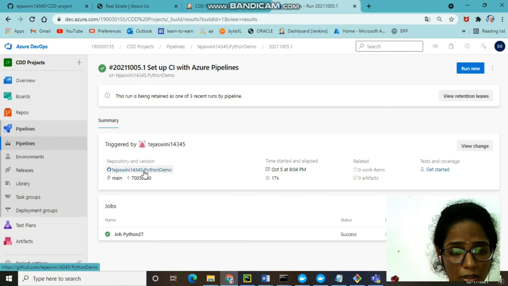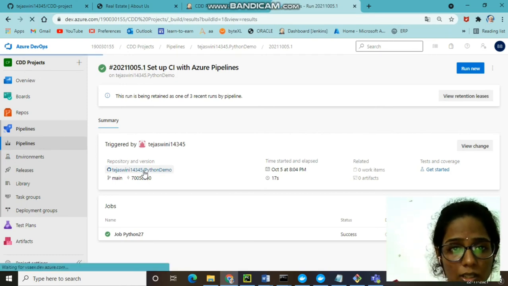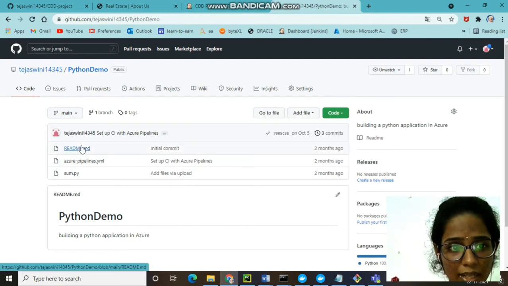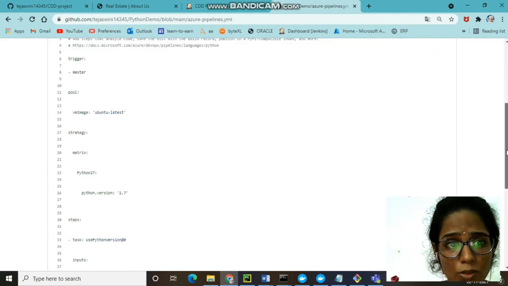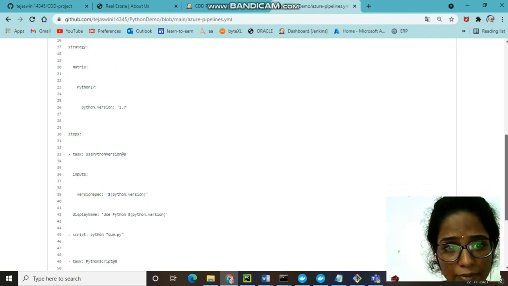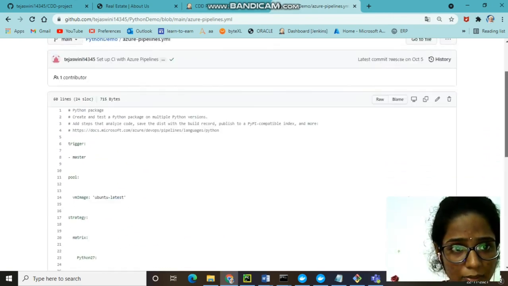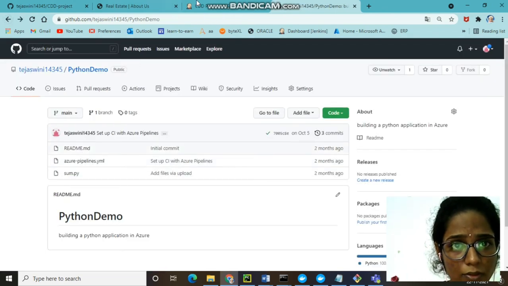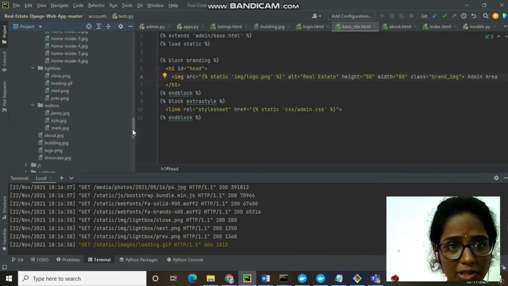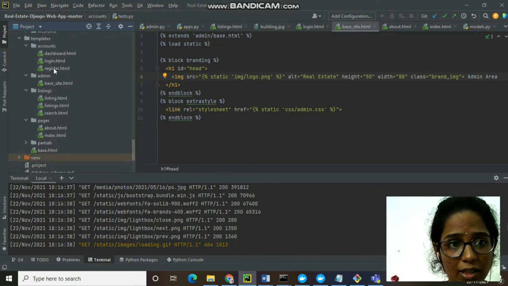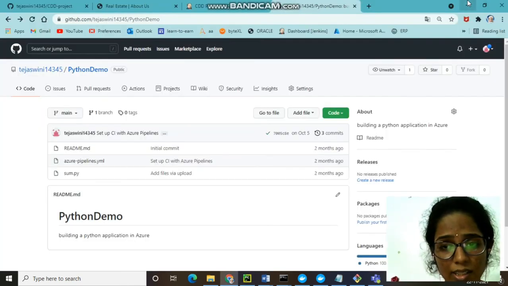Now if we need to see my GitHub repository, this is my GitHub. You can click on here and you can directly go to here, and azure-pipelines.yaml is mandatory for Azure Pipelines. So this is my Azure YAML file which I had written for Django. And next we can verify that each and every file here is being cloned there, and the HTML files, the images which we have created, and the JavaScript, and every file in this project has been cloned into here.